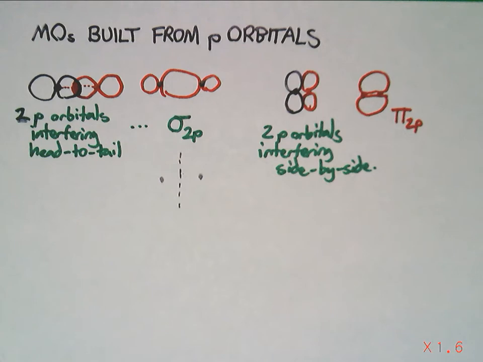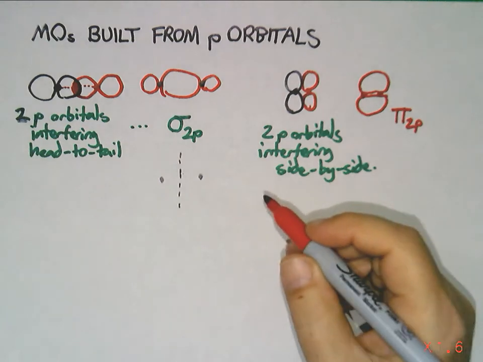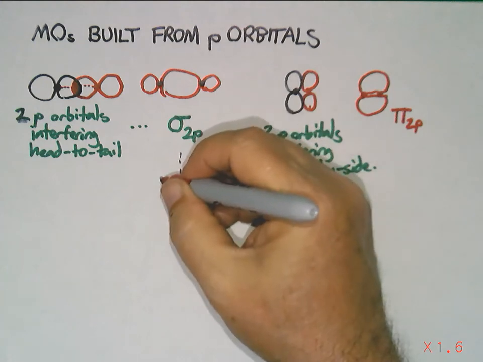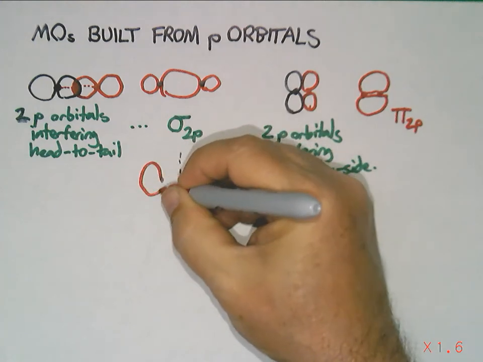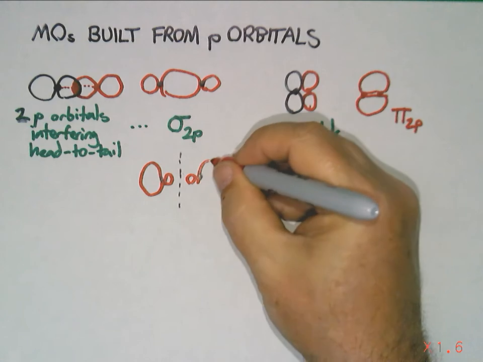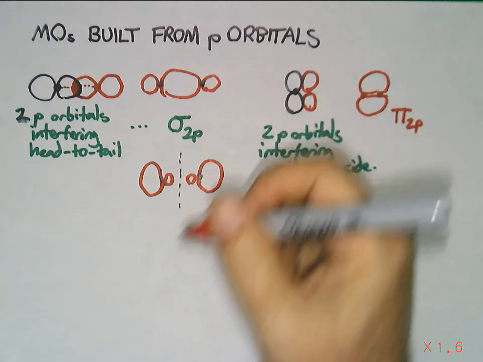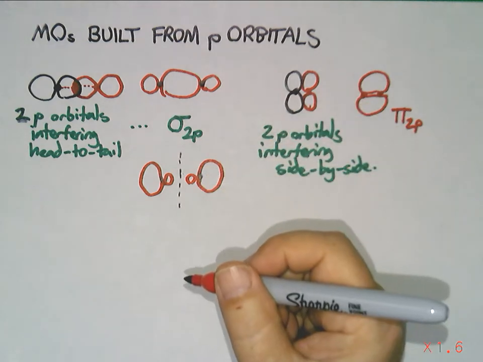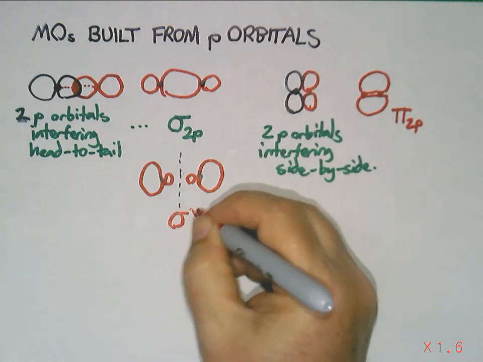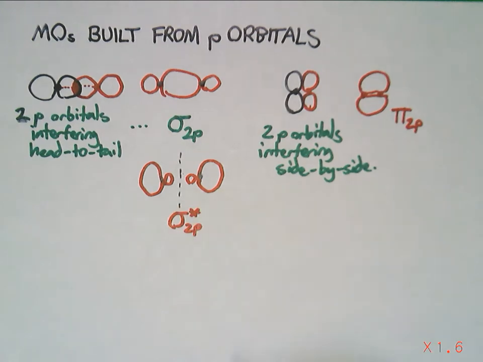And it will turn out that what I will get is something like this. This will be a sigma star 2p orbital. Okay? And then